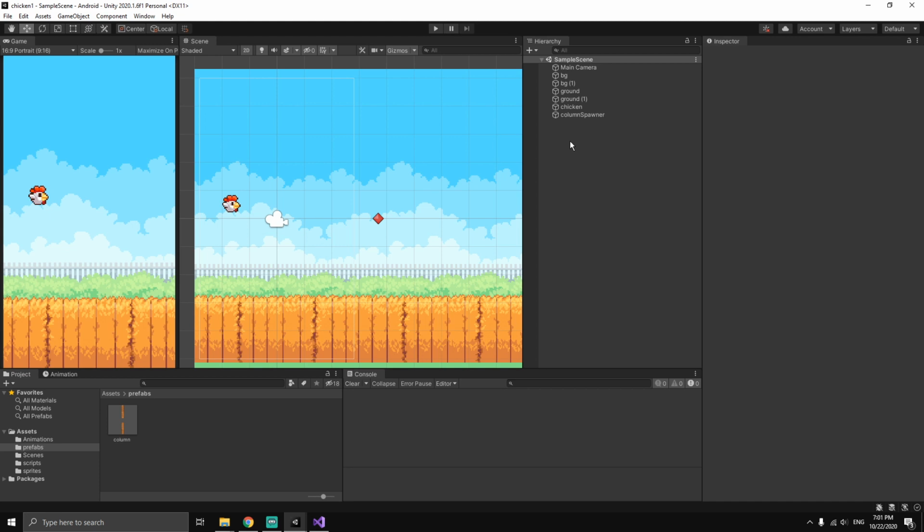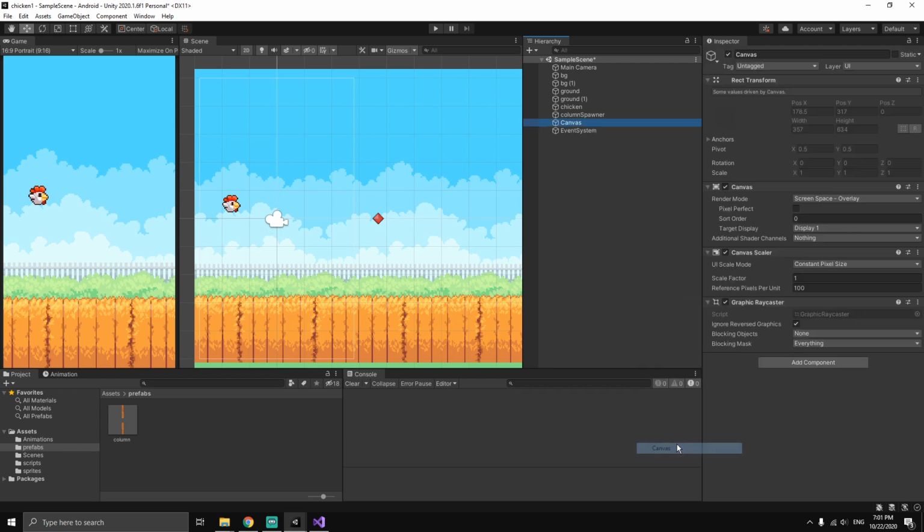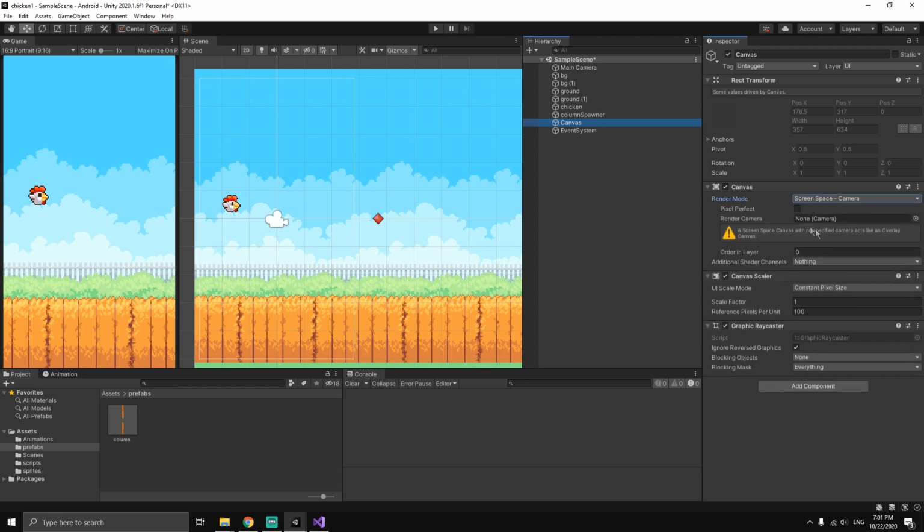To do this is simple. Let's go to the hierarchy, right click and select UI canvas. We need a canvas to show our score. And in the inspector we're gonna make some changes to this canvas. So let's go ahead and where it says render mode, change it to screen space camera, and we need to select a camera. You can click the circle here and select a camera. If you don't see a camera, you can just click the main camera and drag it to the render camera